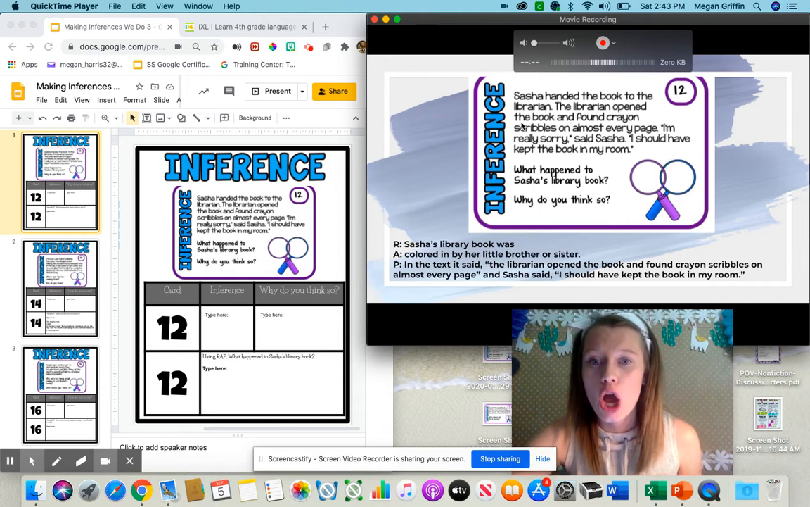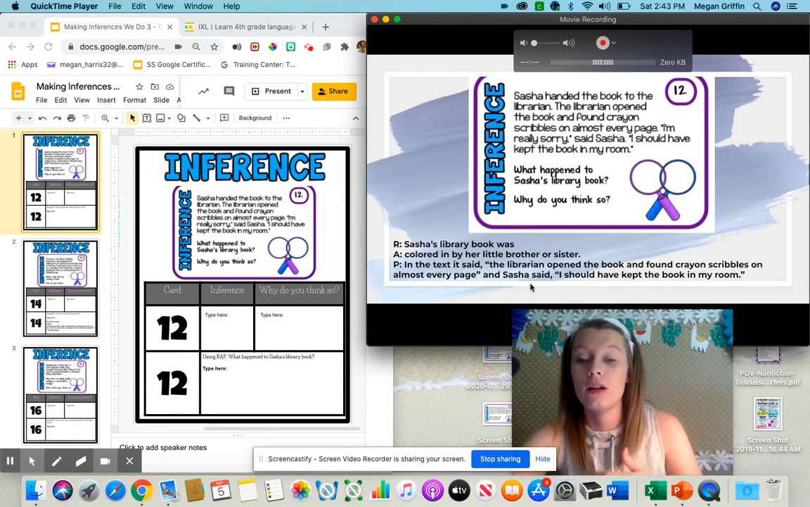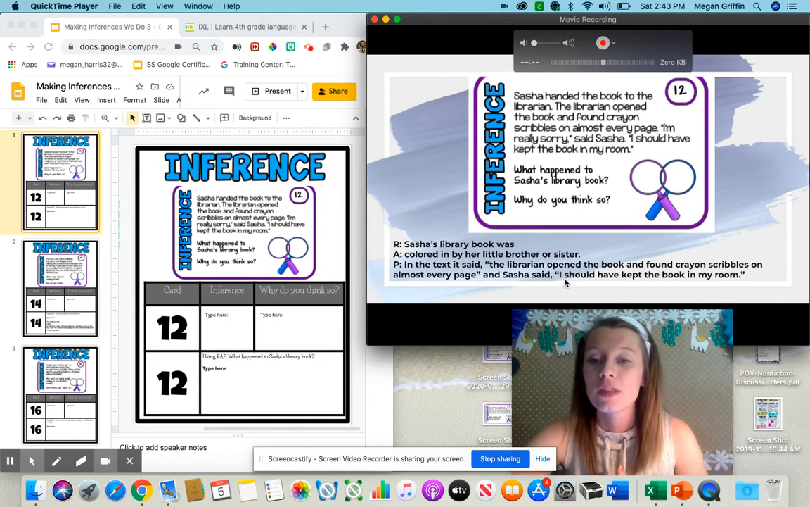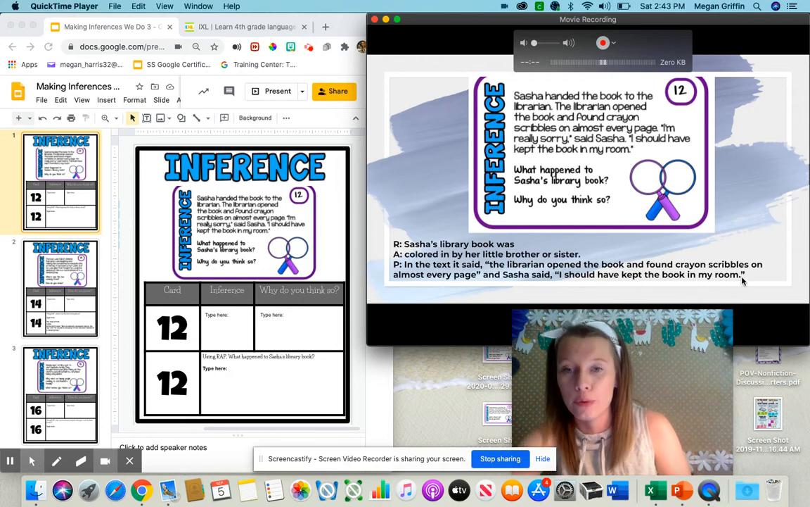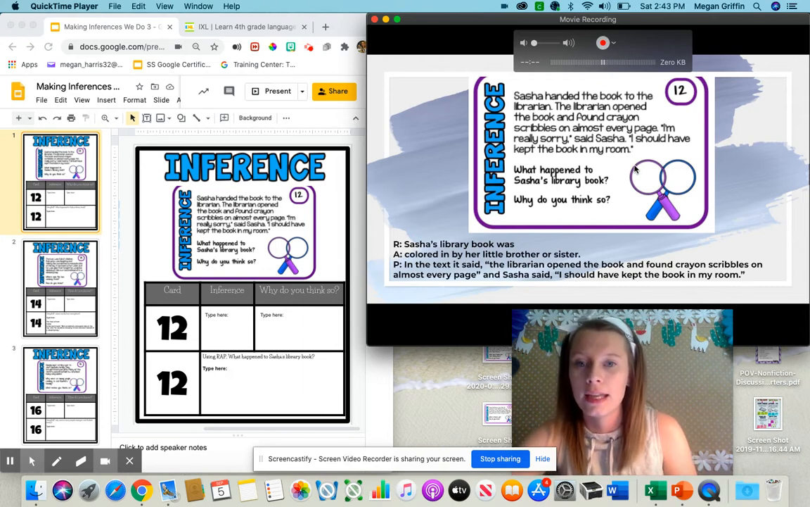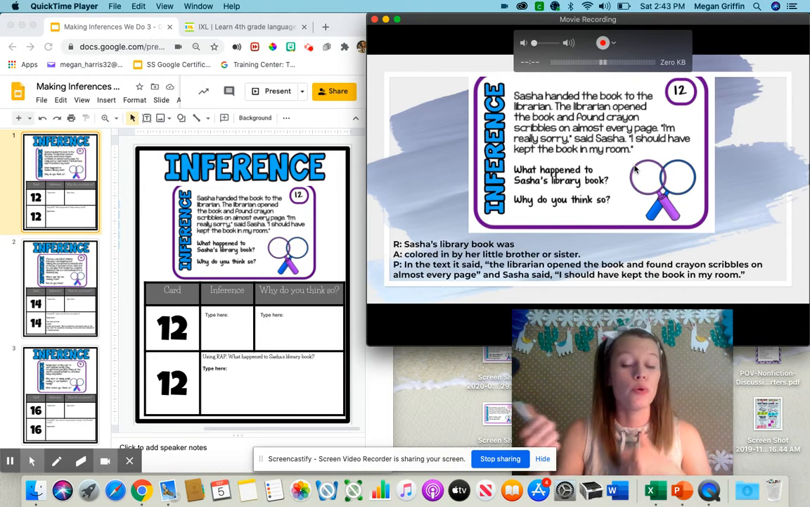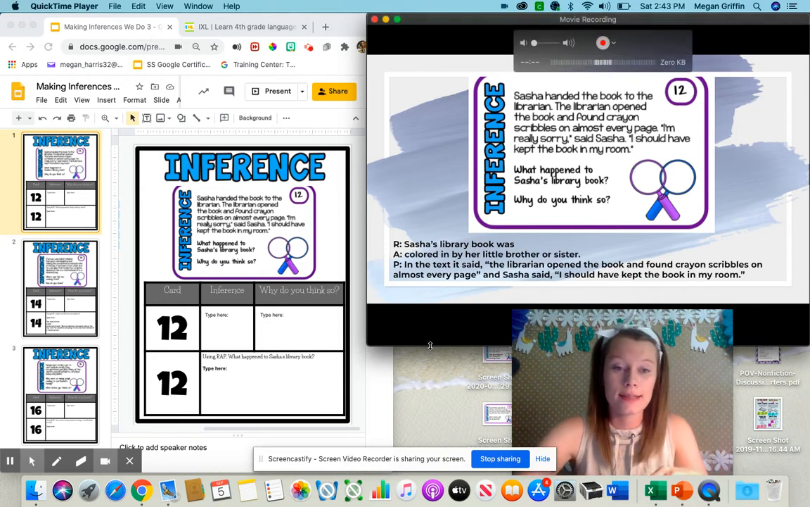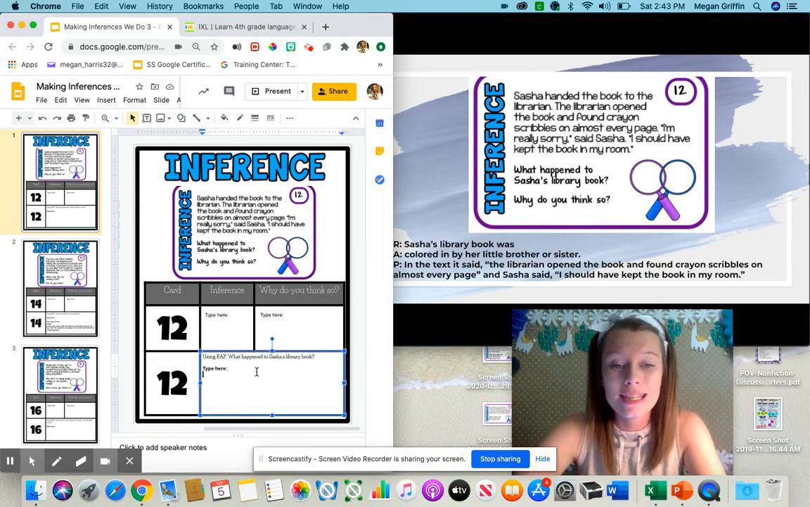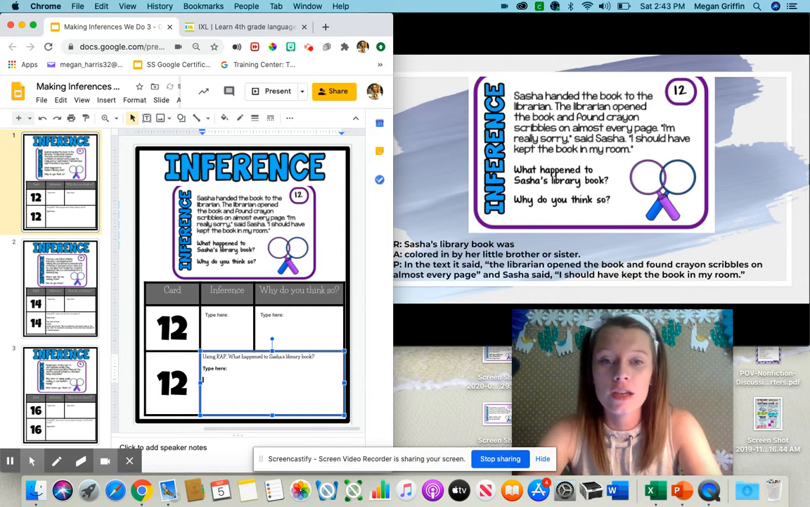The librarian opened the book and found crayon scribbles on almost every page. And look at that, kiddos. That is word for word from the passage. And then I have my "and to tell that" where I'm going to add another sentence. I should have kept the book in my room. Right here, I should have kept the book in my room. Okay? So I'm pulling word for word from the passage. So just like in card 14, kiddos, what you're going to have here is